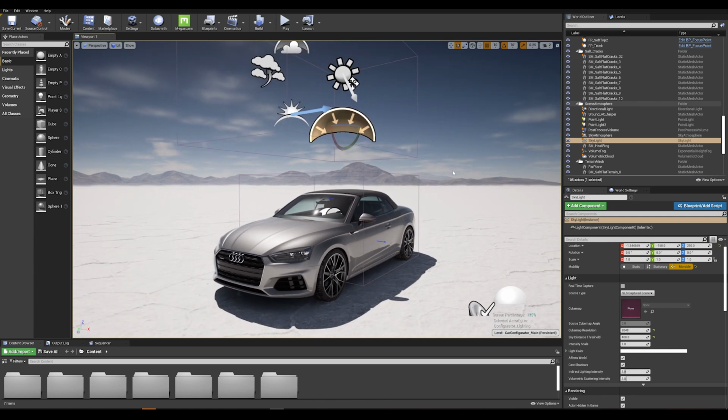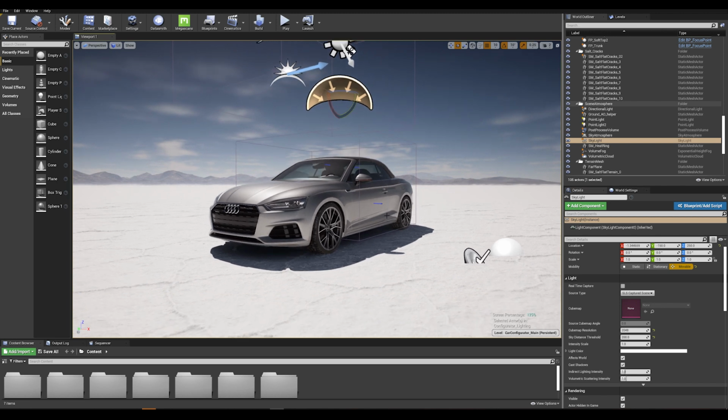Now, what we did with the skylight here is also tweak the sky distance threshold. What the sky distance threshold represents is the distance from the skylight at which any geometry should be treated as part of the sky. So in this example, we actually went with a lower value of 200, which brightens the car and the side of the car a bit more. But if you want to tweak that value and let's say put it to 500 or 400, what it's going to do now is treat that part of the ground as a surface and not as a light anymore. So in this case, it's going to darken my side of the car slightly more.